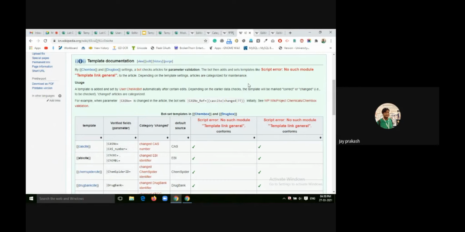If you forget 1 or 2 curly brackets, it will emit an error like template not found, because then it will treat the parameter as a template. And second is script error, no module found, which is the most counted error on wikis.